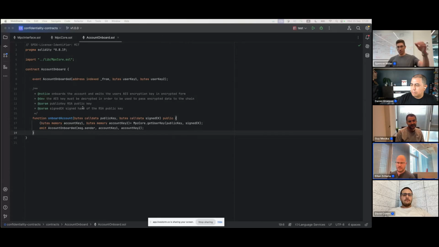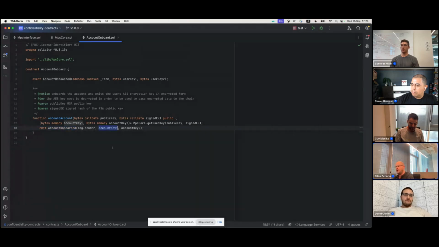Before that, in devnet, if you are onboarding an account, basically to get the AES key that you need to use, this is the key that you are using on the COTI network. On devnet, when you wanted to onboard an account, the event that was emitted for you contained only one encrypted key. Currently, the event is emitted for two keys, which you need to